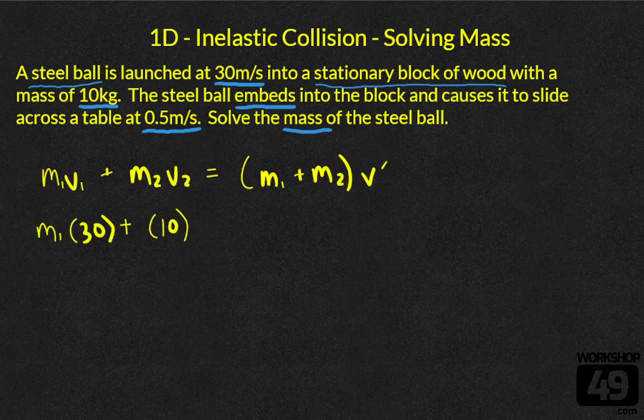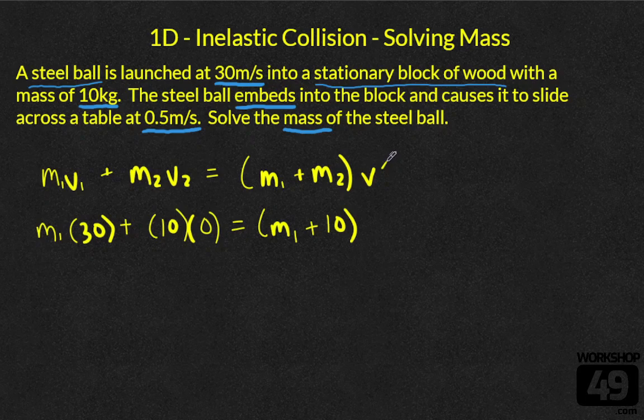The key word here is stationary. Stationary means that it was not moving. So if you ever see that word, stationary or at rest, you need to know that the initial velocity was 0. It makes the calculations easy, but you have to be the clever little cupcake to figure out that it was 0 to begin with. Now our combined mass is going to be m1, which we don't know this time, plus 10, multiplied by